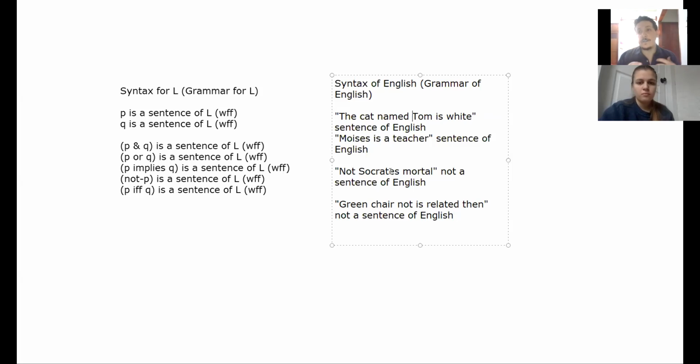There's an object, they attribute something to the object. So in this case, the cat, and they attribute an adjective to the object, and so on with Moises. So it satisfies the proper grammar of English. And then you have to think of this syntax for L rules as analogous. The idea here is that